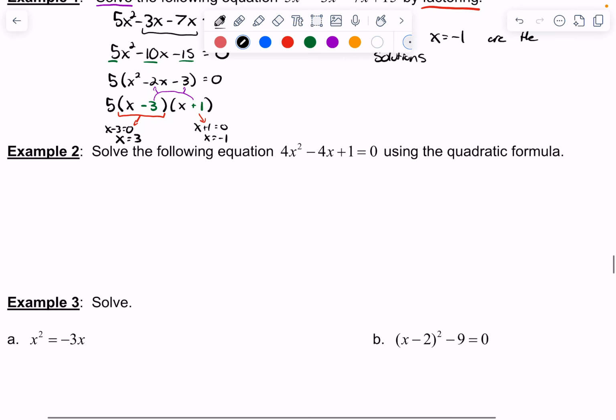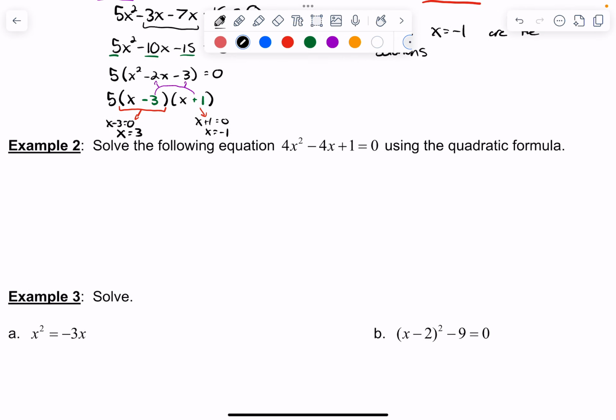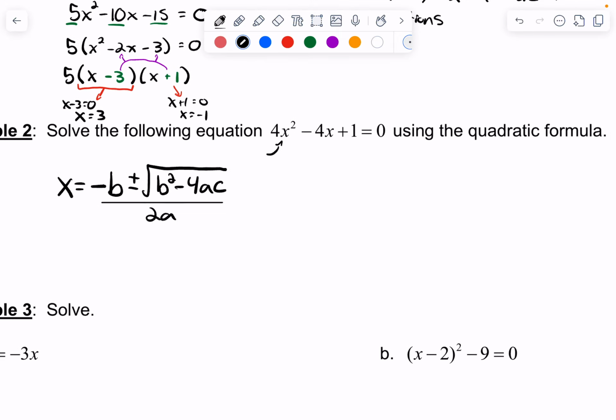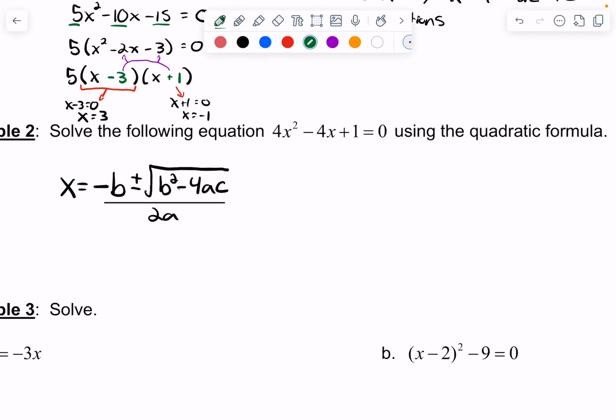Okay, solve the following equation by using the quadratic formula. So the quadratic formula, well, in this case, the variable we are solving for is x. So it will be x equals negative b plus or minus the square root of b squared minus 4ac, all over 2a. So using the quadratic formula, you need your quadratic in standard form because this is your a,